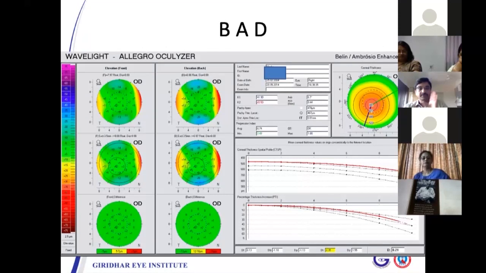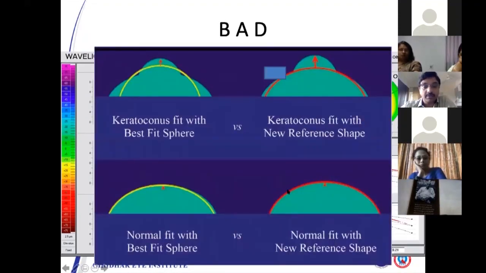Little difficult to comprehend, but this is the normal cornea where the sphere touches everywhere. And this is an abnormal cornea, keratoconus cornea, with the calculated best fit sphere. If you see, the height of the cone here is only this much. The idea of BAD display is to enhance this cone display. And what they have done is, in calculating the best fit sphere, they have removed this zone. That is, 4 millimeter zone from the thinnest point is removed from calculating the best fit sphere. So the sphere is calculated for this area, and this is how it fits, and your cone gets exaggerated.